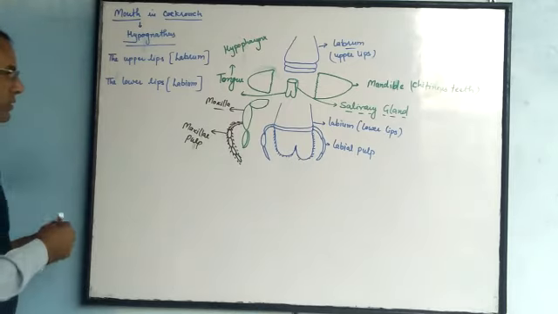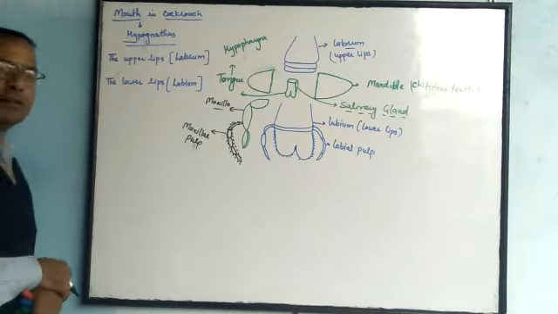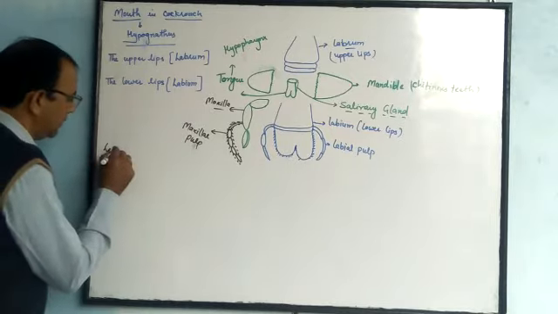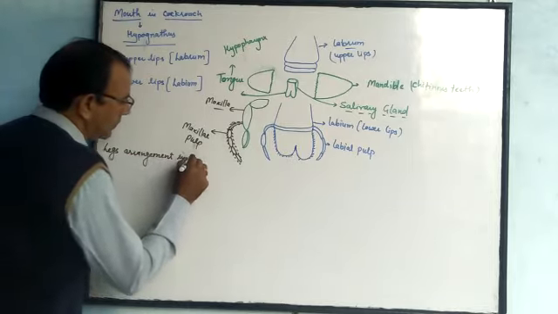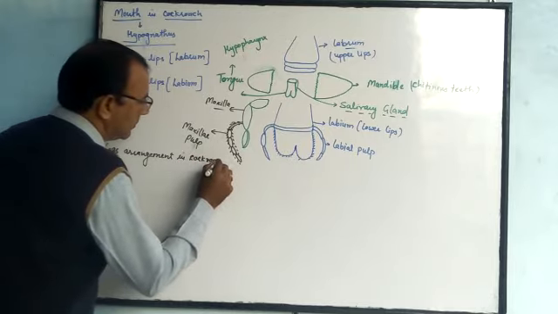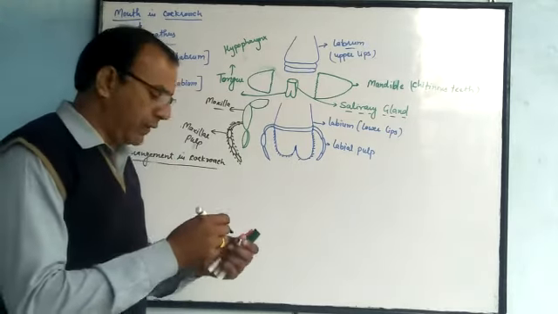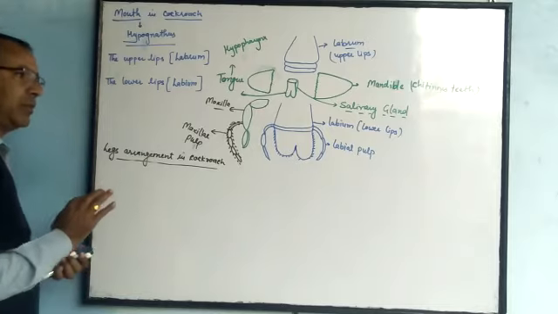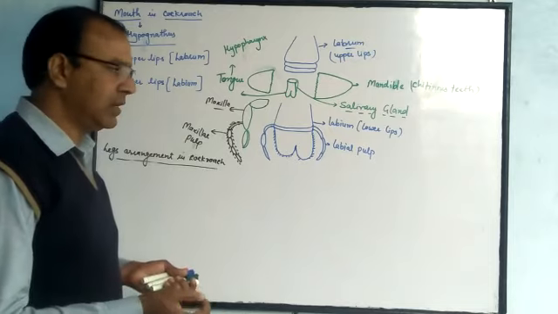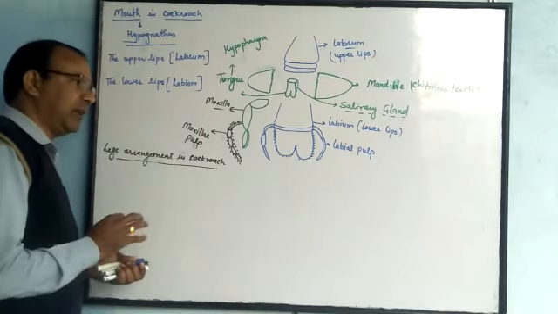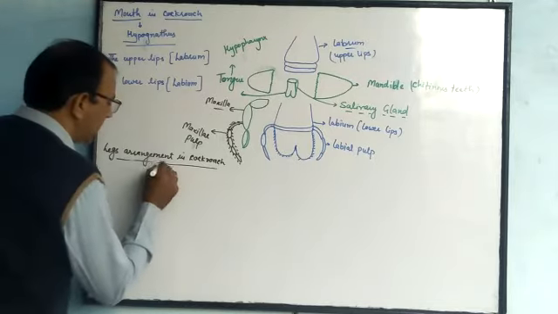One more structure present in cockroach is the leg. In cockroach, legs are segmented. The arrangement of legs in cockroach: we know that there are three pairs of legs, which arise from each segment of the thoracic cavity. One pair from the prothorax, the second pair from the mesothorax, and the third pair from the metathorax. These legs are segmented.